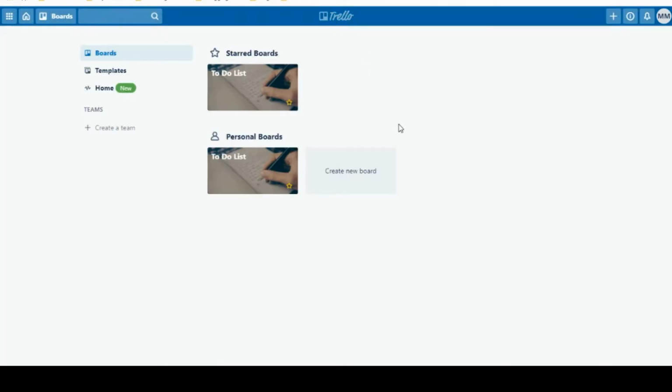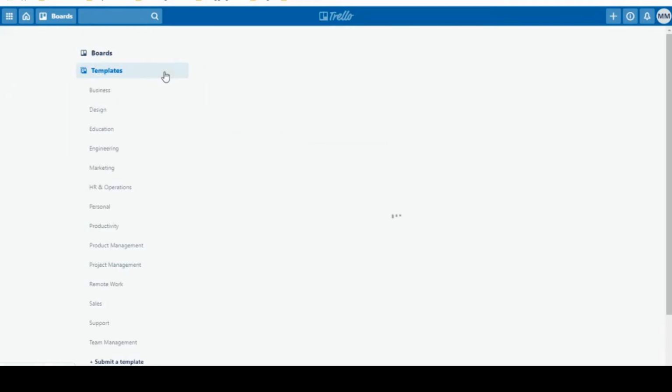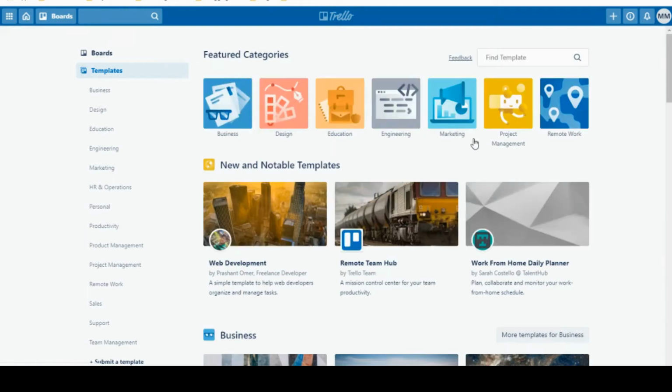Now, I just want to give you a little bit of an overview of this main screen as well. On the left-hand side you'll have your boards. The template section here is a section that Trello has set up where you can browse different templates that are public templates that people have offered for you to use.